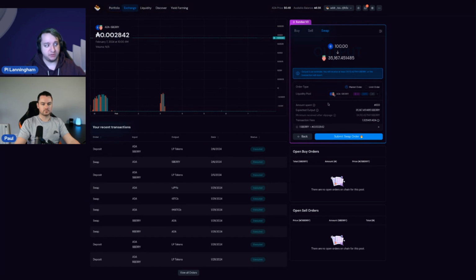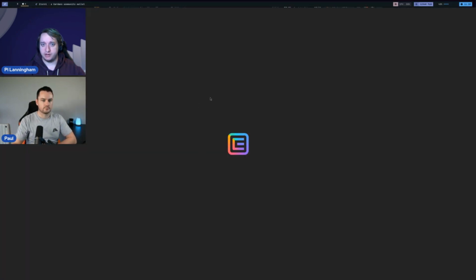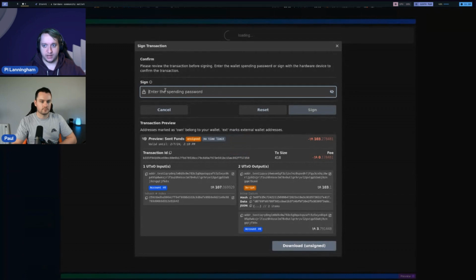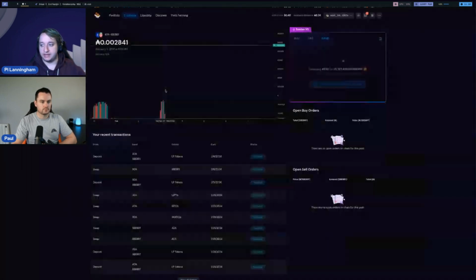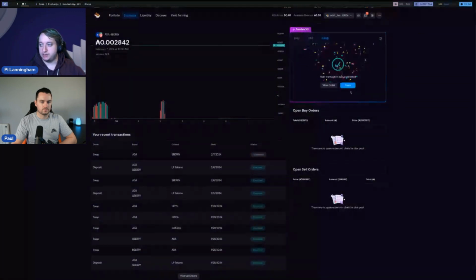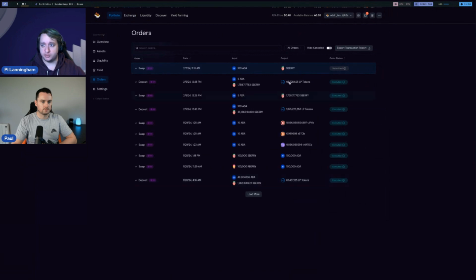That currently in the preview environment isn't shown if you go to your orders page, but we plan to add that so you can see what you got back from that. So I'm going to go ahead and submit this swap order, and this goes through the normal pop-up, enter my preview testnet password, and that's submitted. And so now if I go to view order, this goes to the orders page. That's currently submitted. As soon as we see that on the blockchain, it'll go to pending.